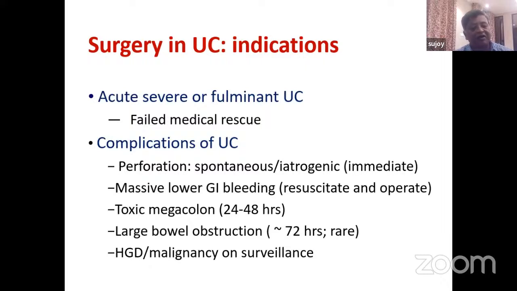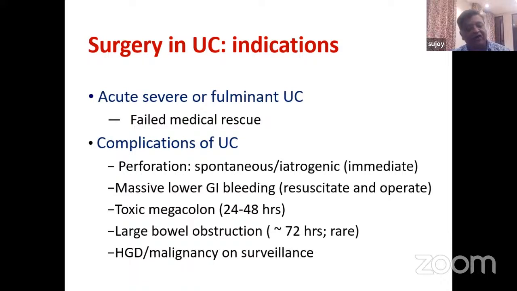Toxic megacolon, as I said, is just another way of talking about the severity of acute colitis. In these patients it is extremely crucial that you take a decision for surgery within 48 hours of instituting medical therapy. If there is no response clinically and radiologically, it's best to go ahead with the operation, because you can land up with fecal peritonitis and perforation with significantly high mortality. Large bowel obstruction in ulcerative colitis is a rare occurrence, but when it does occur,